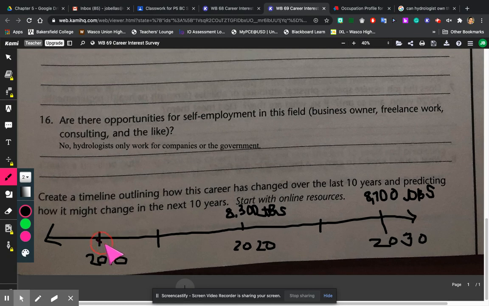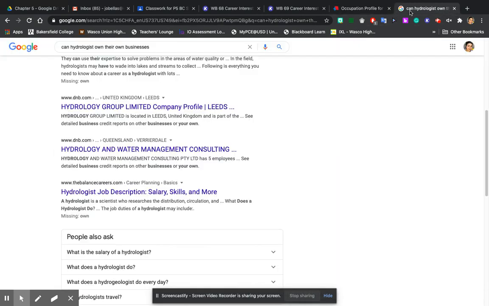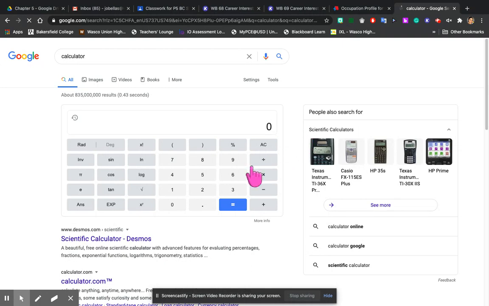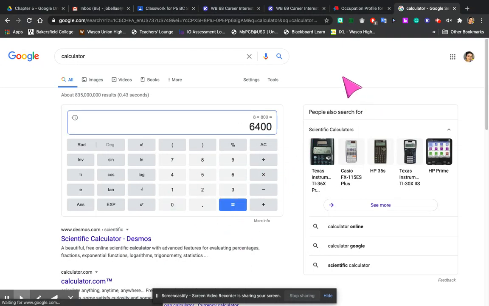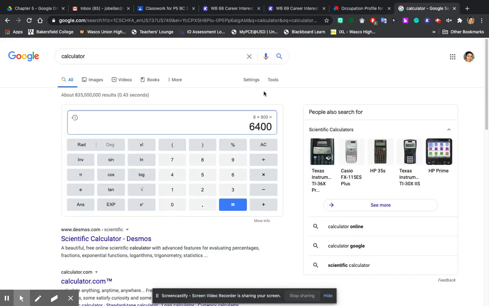Okay, and then now we need to figure out the 2010 number. So that's going to take a little bit more math. I'm probably going to have to bust out my calculator. So if in 2018 there was this many and it grows by 800 jobs, remember this is not perfect. I'm going to go here and do my calculator. So that means I need to subtract 8 years worth of growth. So 8 times 800 gives you 6,400. Well, that seems like a problem, doesn't it? 6,400. So 6,700 minus 6,400 is going to give you 300,